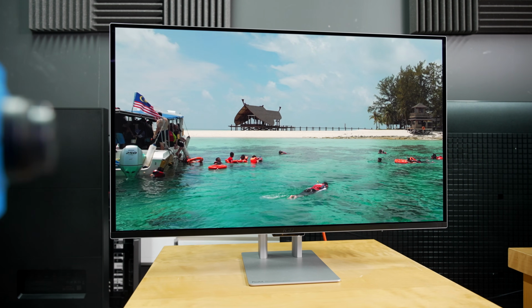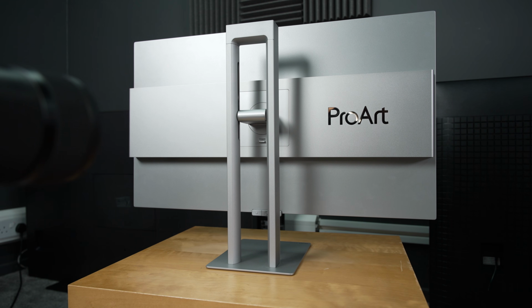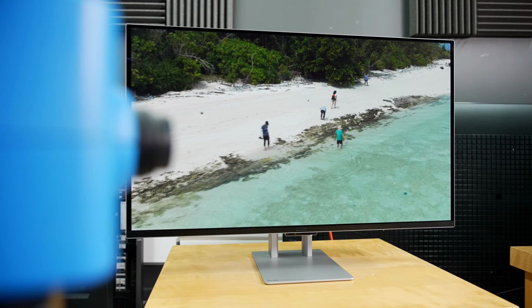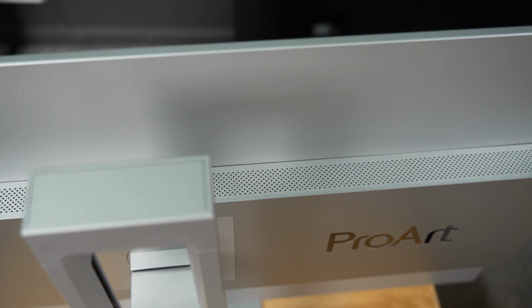Design-wise, the ASUS PA32UCDM looks stunning with its beautifully chiseled bezel and sleek silver metallic finish, exuding a real sense of premium build quality. The stand has a narrow base to save space on your desk, but the ensemble still feels solid and stable due to its substantial weight. The monitor is equipped with an internal cooling fan which emits a very faint hum when activated in HDR mode or over Thunderbolt connection. But of course, it's nowhere near as loud as that heard on dual-layer LCD monitors such